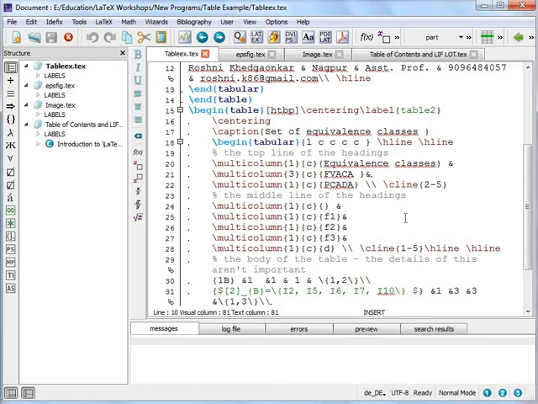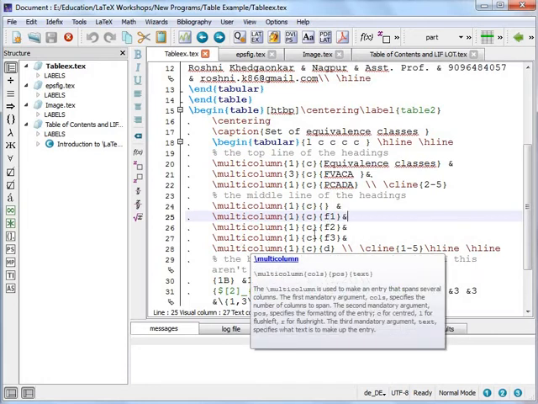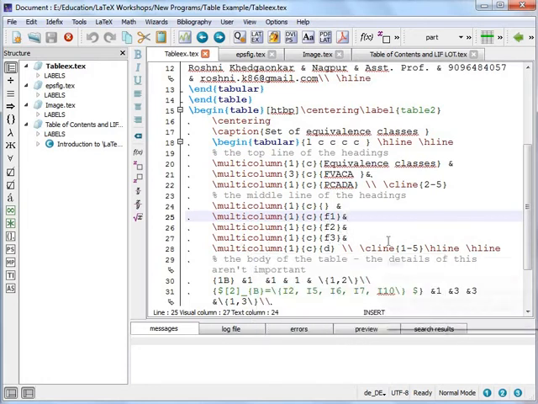This is the second row, that is, this will be now blank, the third will be D. So we are placing the column name below this particular heading, right? So this will be F1. So there are 3 subheadings to this particular point. So the first will be F1, and again they will be using the next column data as multi-column. Then there will be only one column within this, it should be centered, and the heading will be F2. Similarly, we'll create the third column as F3, and lastly we'll use again multi-column that will be placing D below this PCDA heading, right?